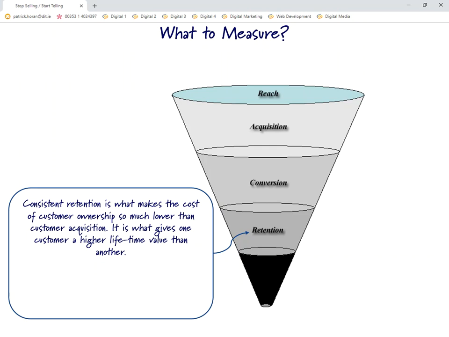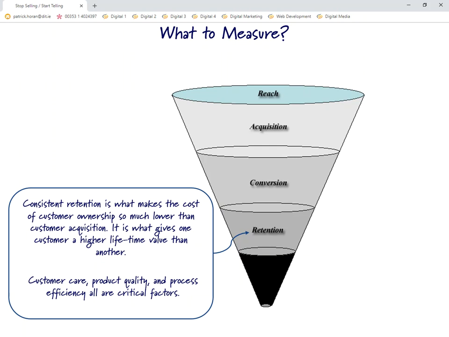So it gives your customer a higher lifetime value to your business. This is very, very important. As well as that, just talking about retention, it's easier to retain a customer than to acquire a new one. So retention down here is cheaper than acquisition up here. So once you've got them buying from you, it's really important that your customer service and your follow-up is really good, and that you offer them products at the right time.